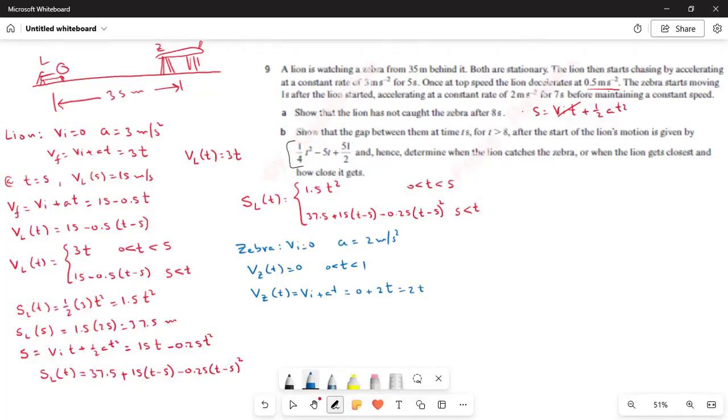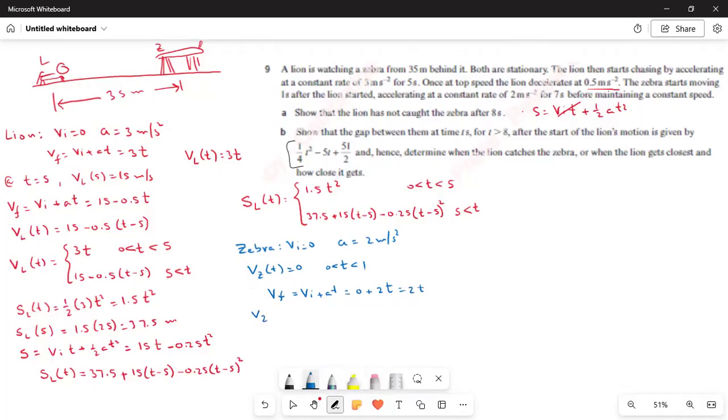Yes, I have another issue here. I'm counting the time after 1 second, so I will not write it like this. This is confusion here. So if I write